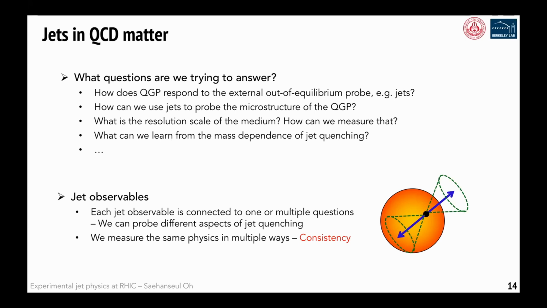So let's say a JET experiment reports a certain result, and then some theories try to feed the data to their calculation, and they say, oh, this is A, this is B. So it's always like a ping pong between experiment and theory. But the problem is we do not have a very well resonating picture between experiment and theory. So we are trying to answer this, but it's not really concrete, I would say, at this point, because of